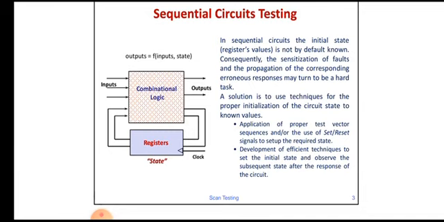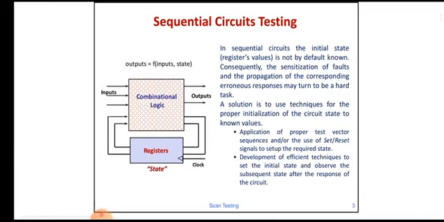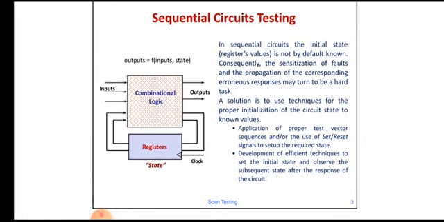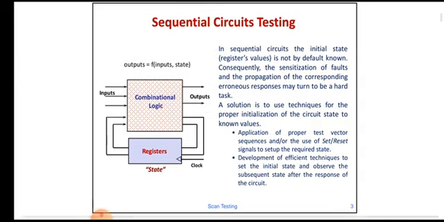Okay, so if we have circuits like this, how can we test them, right? Here you can see the combinational circuit and on the feedback path we have placed registers. You must know that a register is a combination of flip flops, and a flip flop is a single bit storage device. So if we say that we are using an n bit register, it means we are using n flip flops in the register. A register is a combination of flip flops, and a flip flop is operated by a clock, so that's why we have indicated a clock also. Okay, this is the initial definition.